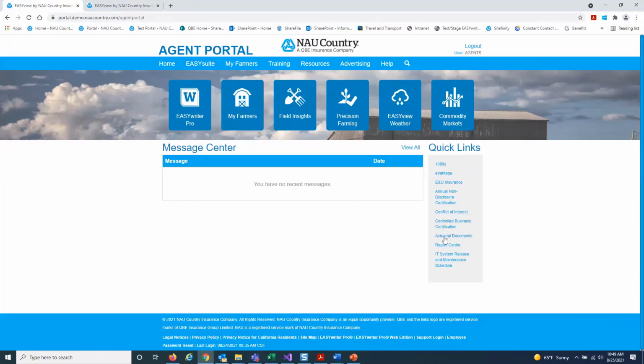Actuarial documents. This will take you out to RMA's actuarial information browser landing page, where you can look up actuarial information. Now below that, you see Report Center. So there is actually a Report Center inside of the agent portal, similar to what you find in EasyWriter Pro. I'm going to do a more in-depth demo of that here in just a moment. So I'm going to come back to this, but I do just want to point out the last quick link,